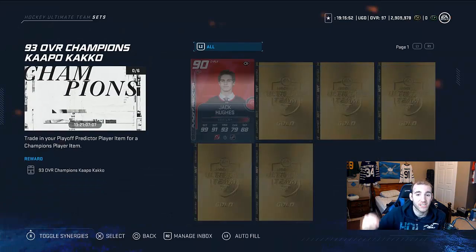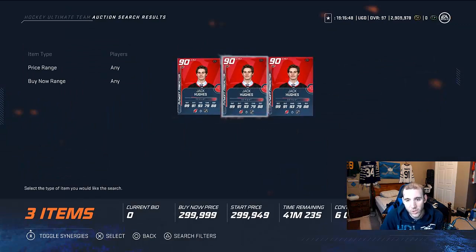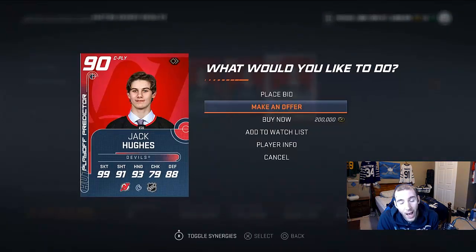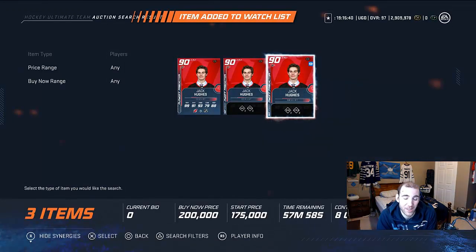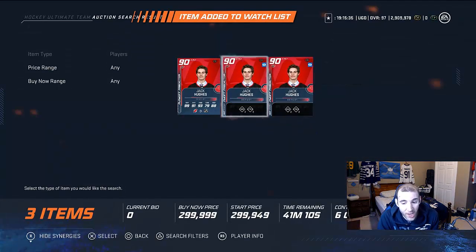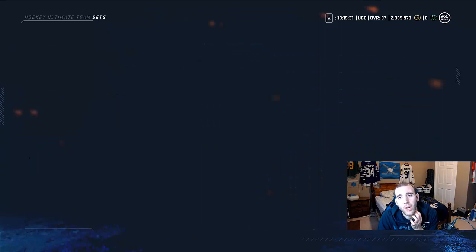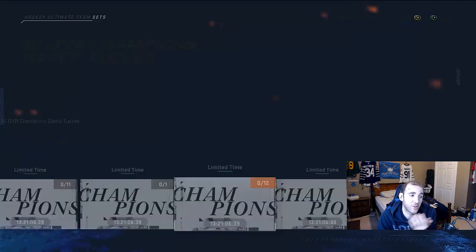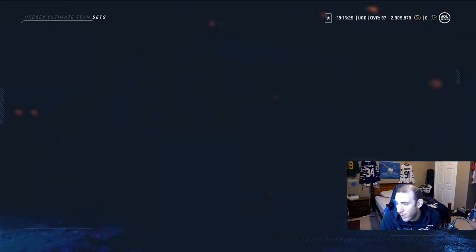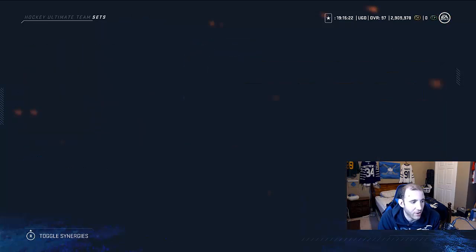This card is interesting because of Jack Hughes. 200K for Jack Hughes. I'm going to watch that because I'm curious what happens if somebody buys that card. I don't think people are going to buy him at 200K for a 93 overall, because you're still spending about 100K each for the players. Ty Domi is an interesting one because I won't spend 100K on an 84 for a guy who's...